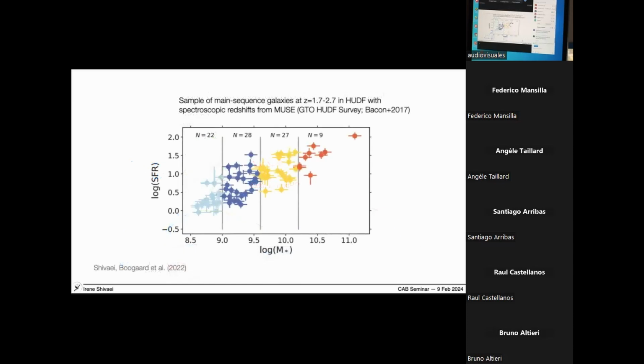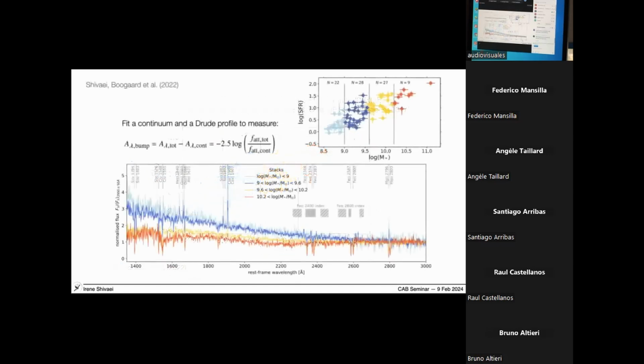To look at the Spitzer data, you need to stack galaxies and look at average values because of the sensitivity limitation of Spitzer; you don't have individual detections. So we divided the sample into 4 stellar mass bins that I'm showing here with 4 different colors. First, we stack the MUSE spectra. And here you see, with the same colors, the stacked spectrum of each of the mass bins. The spectra are beautiful. There are just so many features. I'm showing the UV feature lines with these vertical lines. But the area that we were interested in is here, the UV bump that is centered around 2175 angstrom.